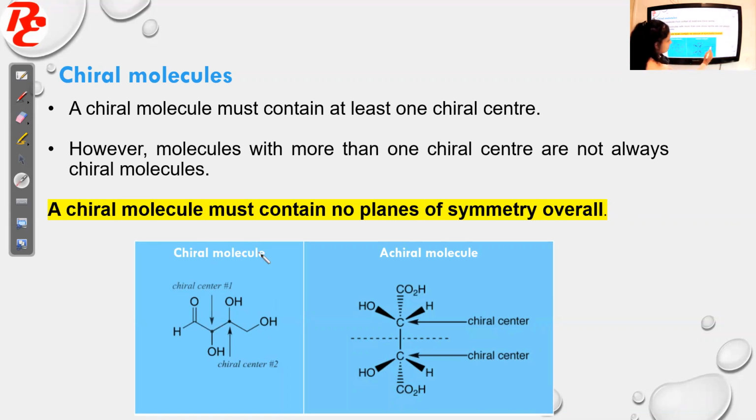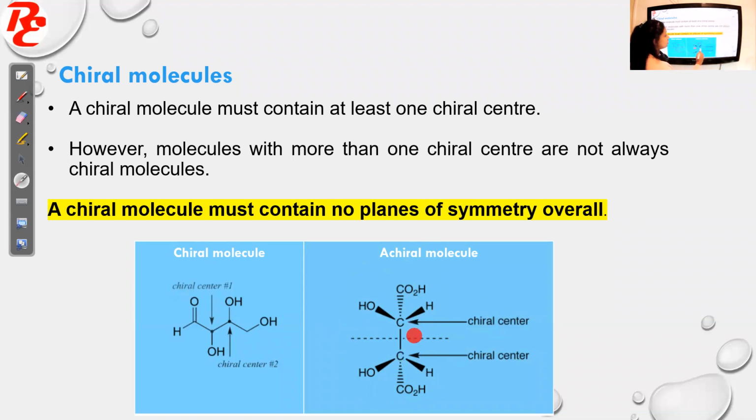What about the other one? This molecule also has 2 chiral centers. If you look here, it has OH, CO2H, H, and from the bottom, this whole thing. So 4 different groups are there. Therefore, it's a chiral center. But this one is also chiral. We can see OH, CO2H, H, and that whole thing. So it has 4 different groups. Therefore, this carbon is also chiral.